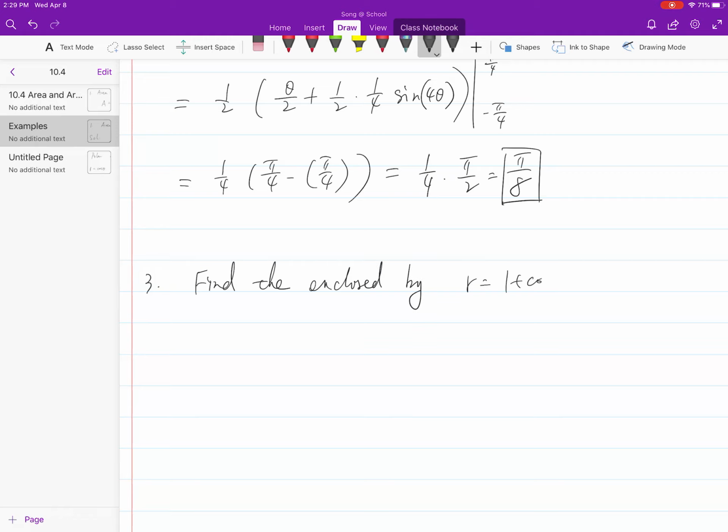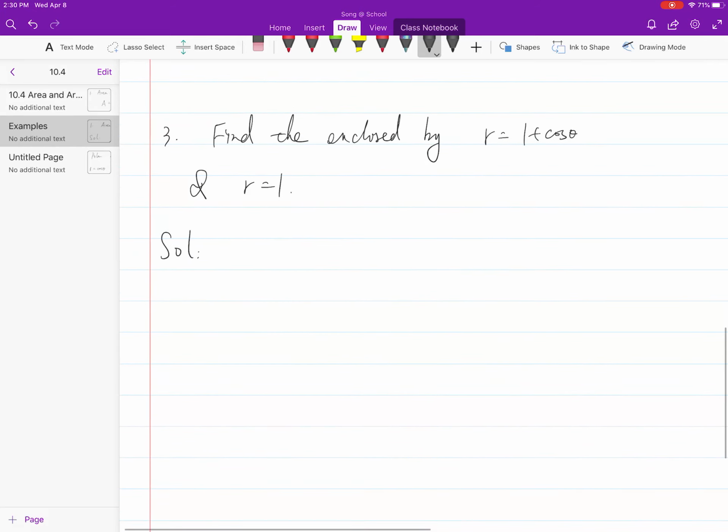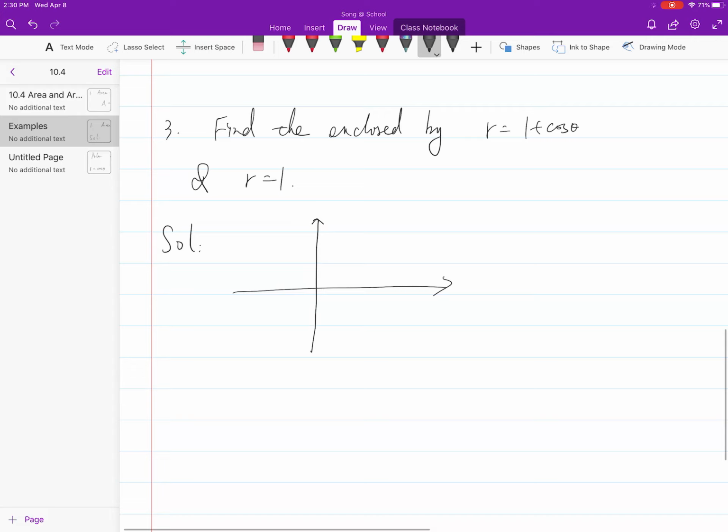R equals 1 plus cosine theta. Okay. And R equals 1. Let's see what we have here. I want to make it a little bit trickier. Okay, for the limaçon function,